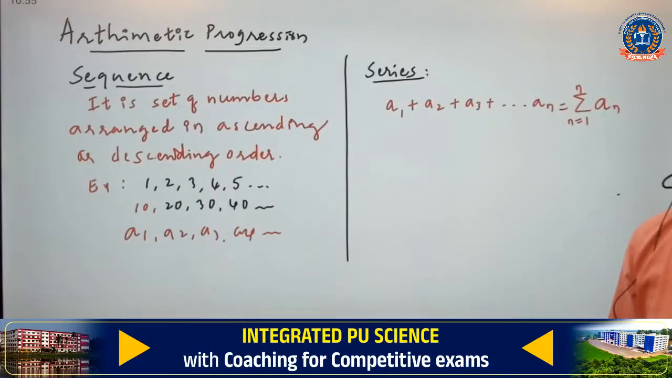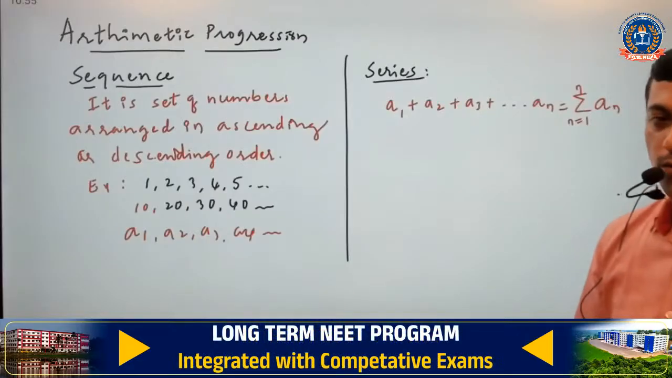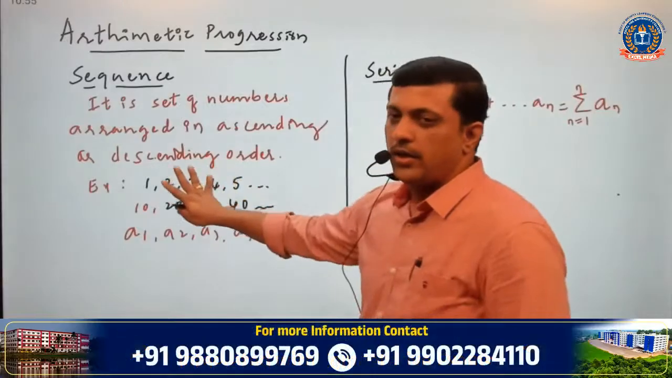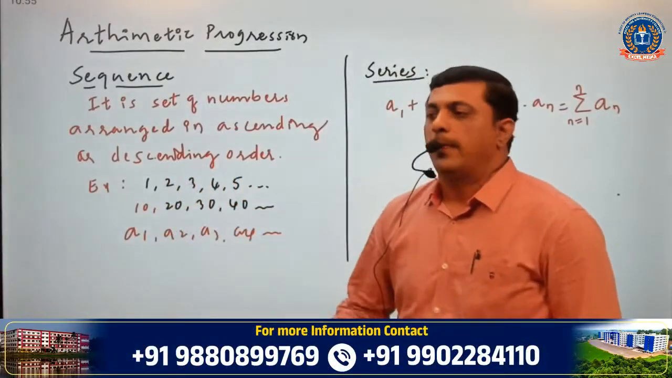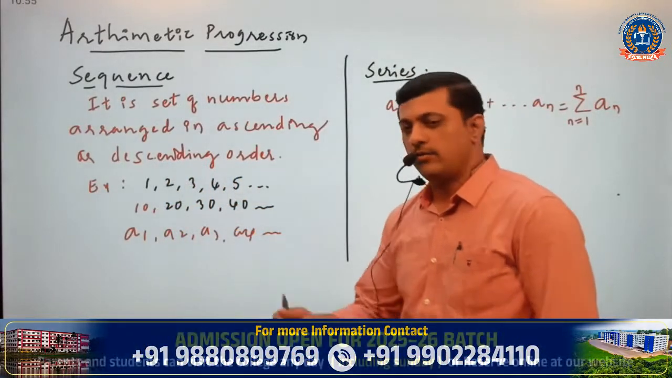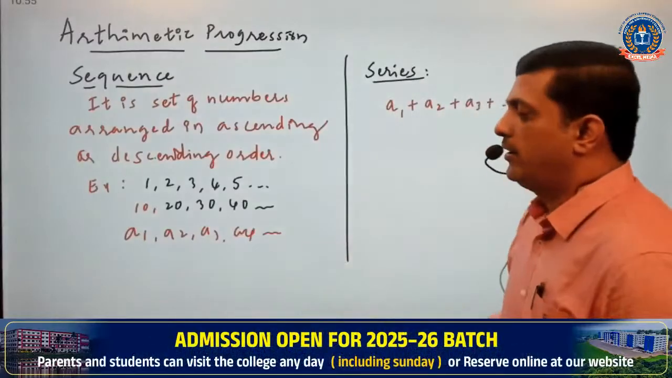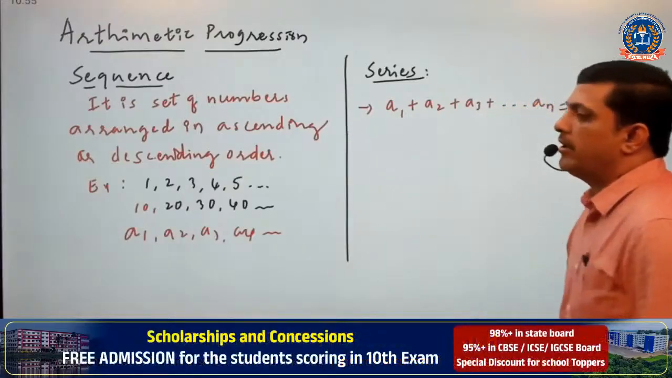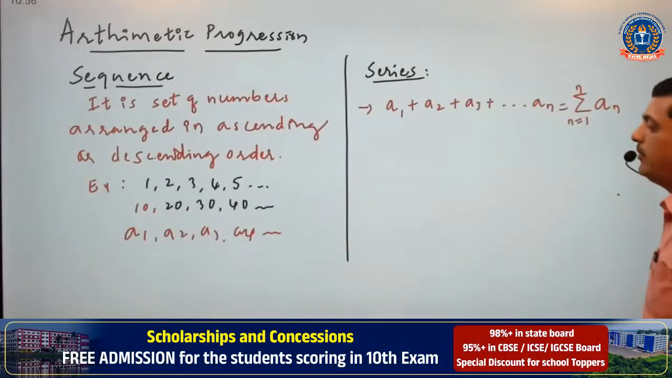Yes, that I will take it out, but basically we need to understand these 2 points, that is a sequence and series. Sequence is nothing but a collection of numbers in a particular order. It may be ascending or descending, or it is just an order. Alright, and the series means the same sequence will be written in the form of A1 plus A2 plus A3